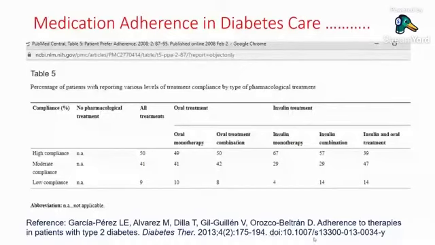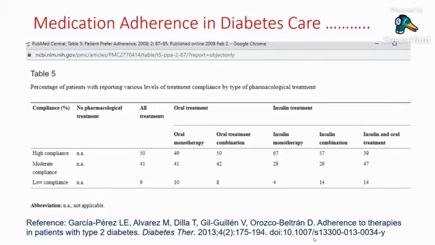8. When you compare between oral and insulin, the compliance is a little better in insulin therapy, okay, but when you combine insulin and oral, the compliance is likely to be less. So right now Dr. Bhadury was discussing and highlighting the importance of adding the basal insulin therapy with oral therapy. Yes, it is based on hard evidence, and it is going to provide much better treatment outcomes. But then